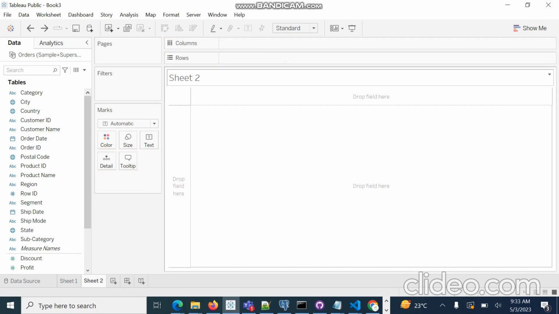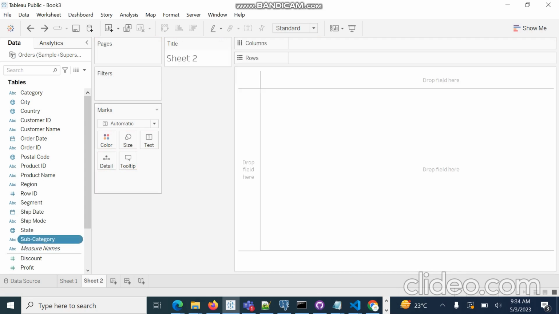We can also drag and drop subcategory to the rows.